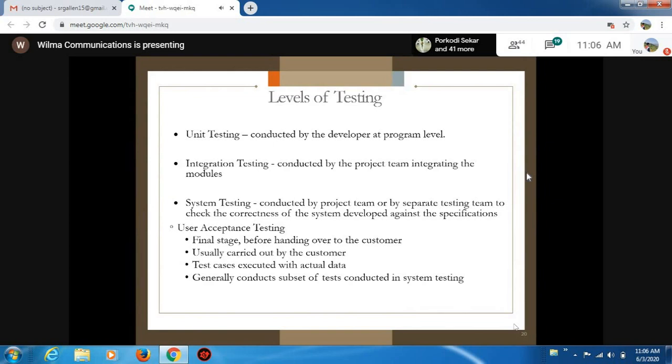Functional testing is checking the functionality of any developed application. If I take an example of a door, an office door or home door, the functionality of the door is that when we try to open the door it should open, and when we try to close the door it should close.